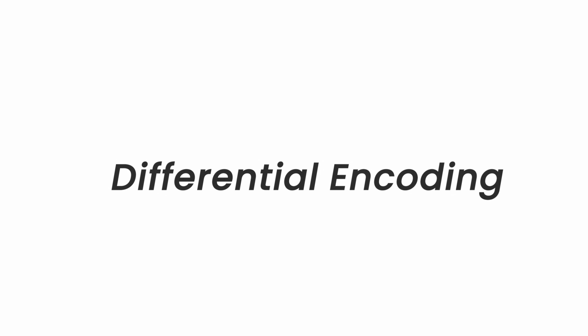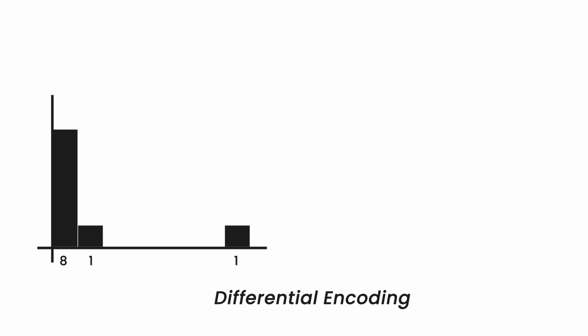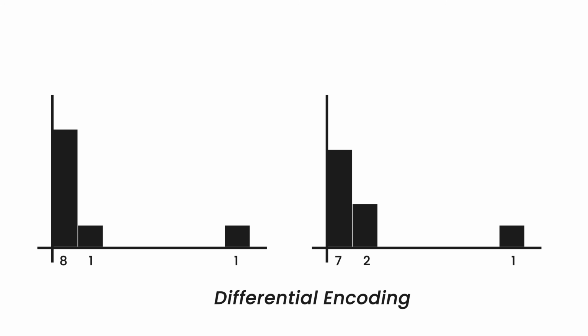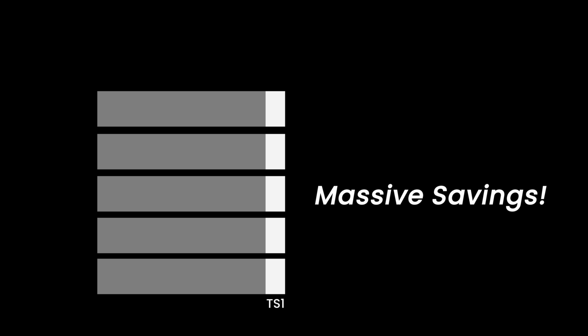The other algorithm is differential encoding. Here you have values in each histogram. Let's say 811 for these time windows. In the next histogram, you expect that most of the values will be similar. You're probably going to get 721. So instead of storing these three big numbers, we can take the differences of the numbers and store these smaller numbers using fewer bits. This helps compress every time series for every metric by around 90%. So instead of storing exabytes of data in memory, we can do with just petabytes of data.